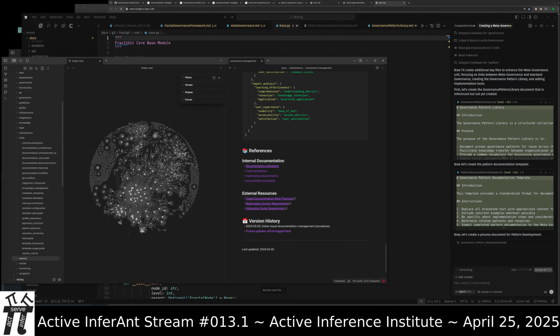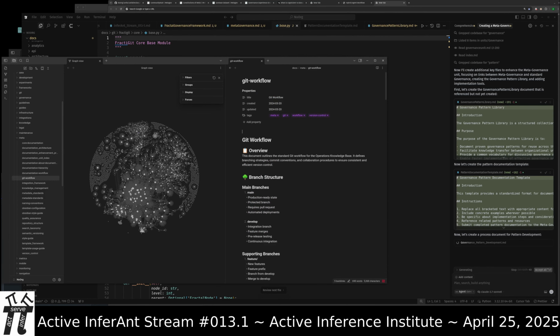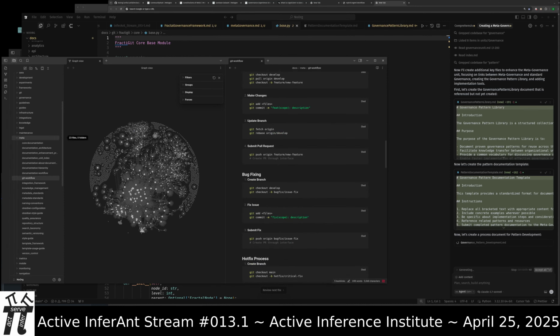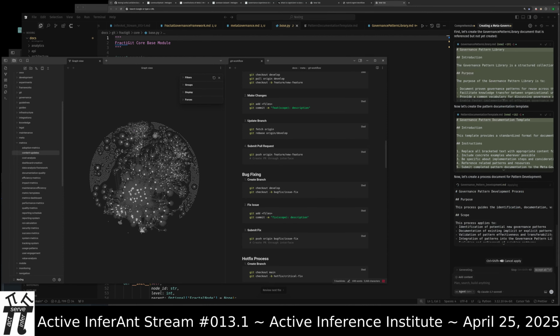Meta documentation. The meta documentation is actually quite a large section with information on structuring information, helping provide some meta documentation on this docs folder. Different metrics.